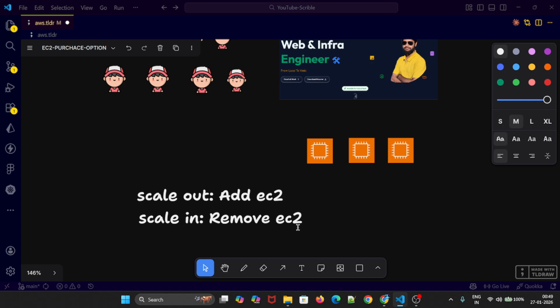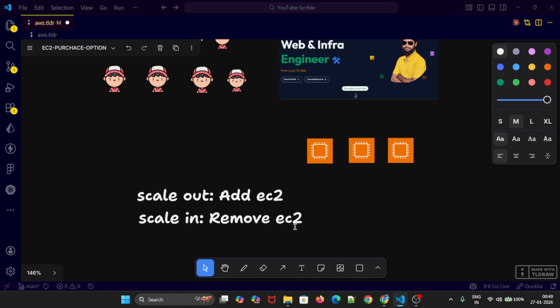So if the load increases, add the EC2, scale out. If the load decreases, scale in, remove the EC2. That's what it is. Basically this ensures the minimum and maximum number of machines are up and running